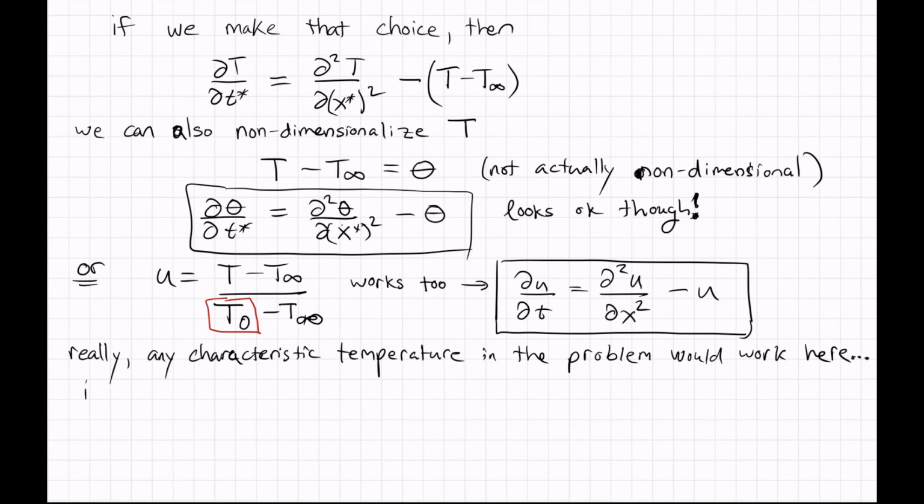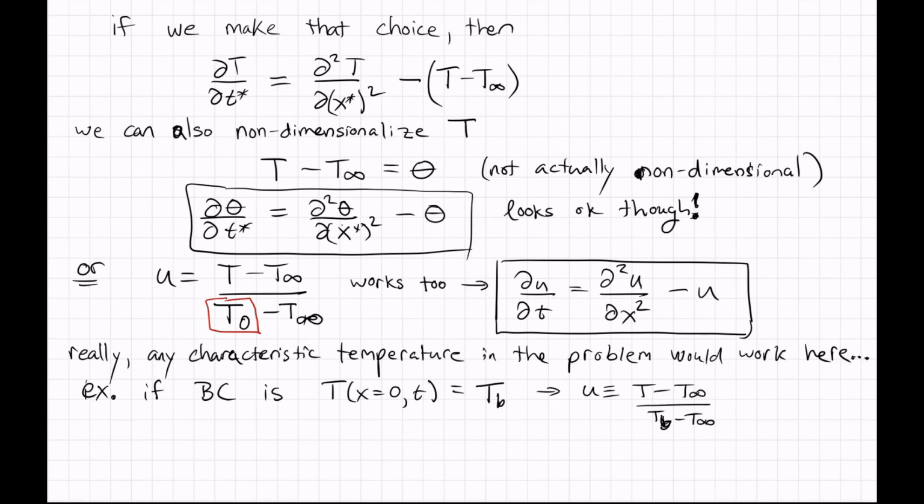So, for example, if your problem specifies a fixed base temperature, at x equals 0, then you would define the T minus T infinity part as the base minus T infinity. If you do that, then at x equals 0, you'd come away with the fact that u is in fact equal to 1,